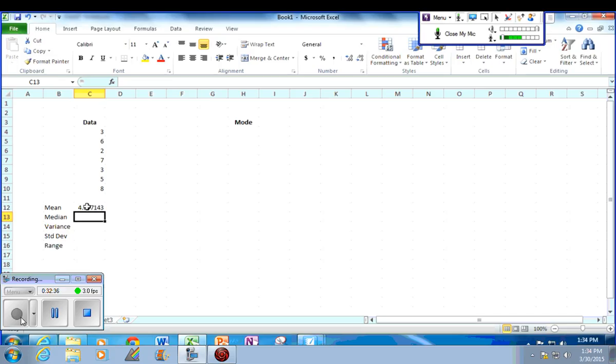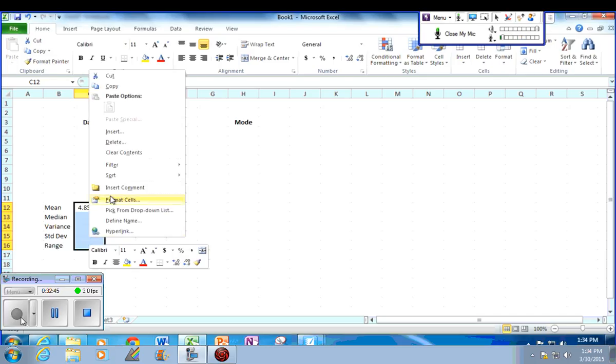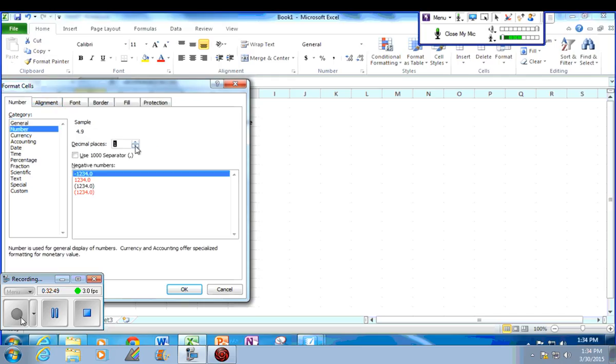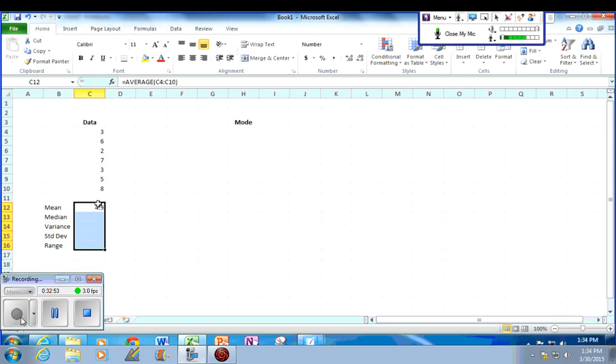Now maybe this is too many decimal places, so as a matter of fact, we're going to select a range of values, right click, and do format cells. We want to format it for numbers, but with only one decimal place. We could always go back and change it, but I think this makes more sense. Okay. So for the next one, the median, we'll hit the equal sign, we'll hit M, and